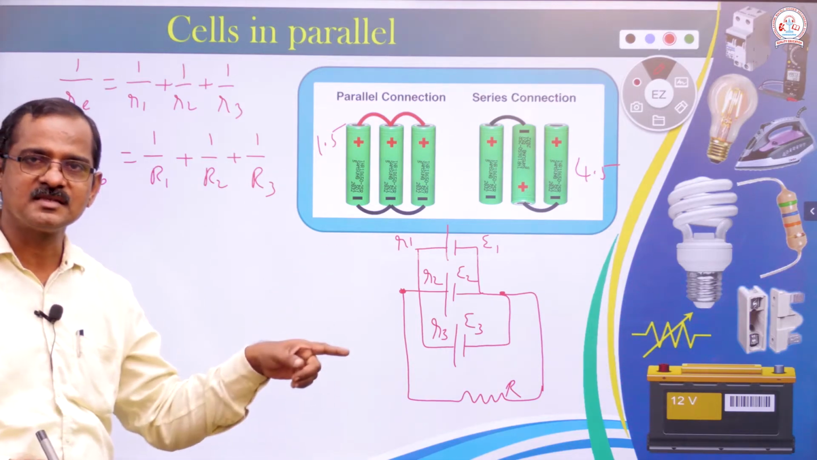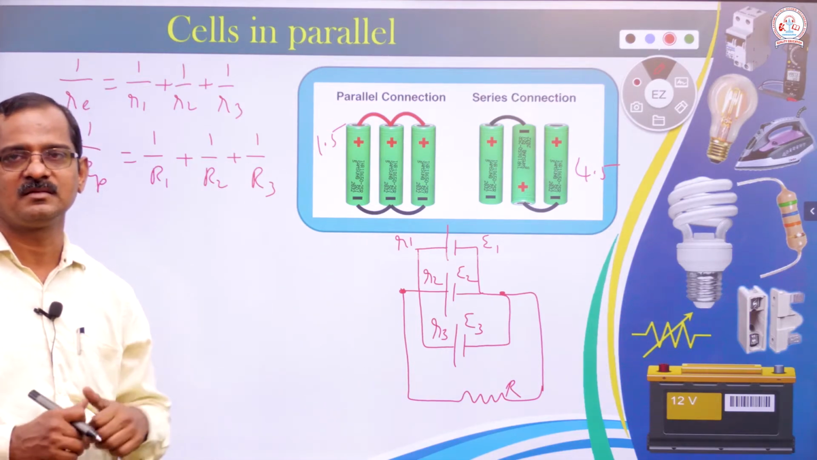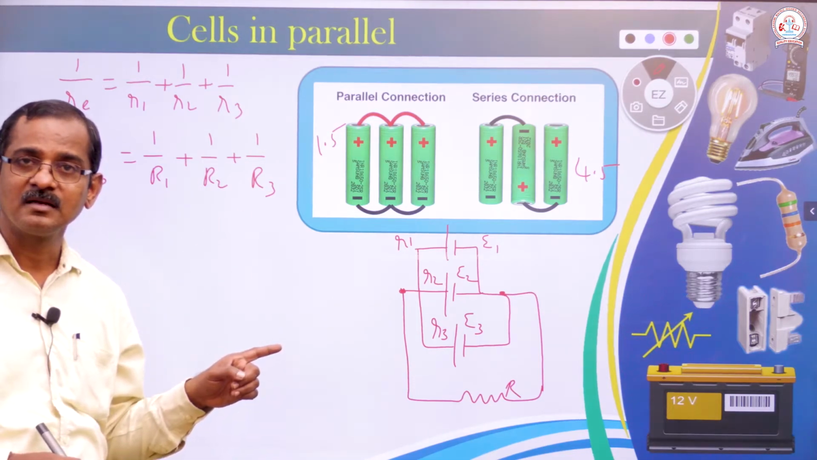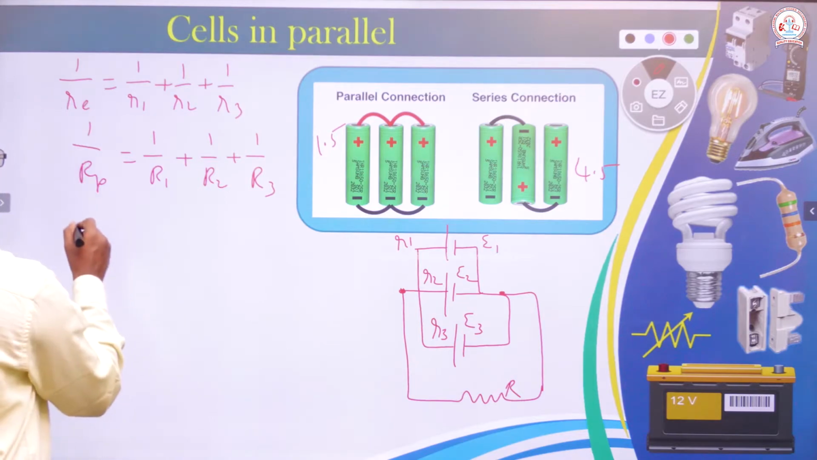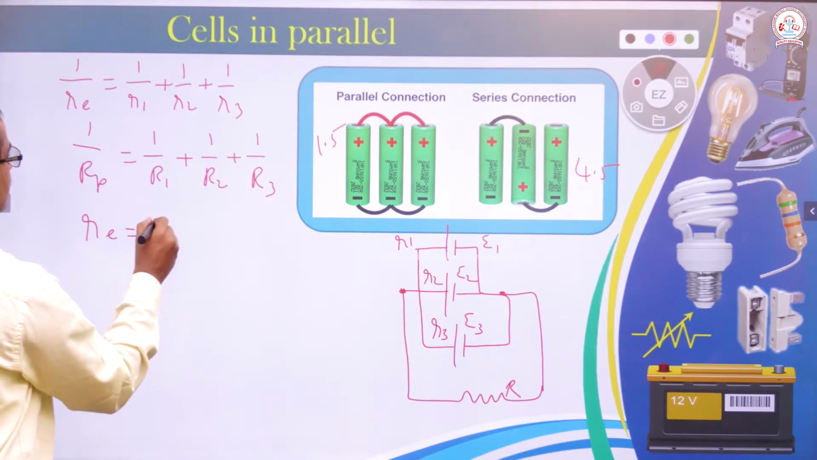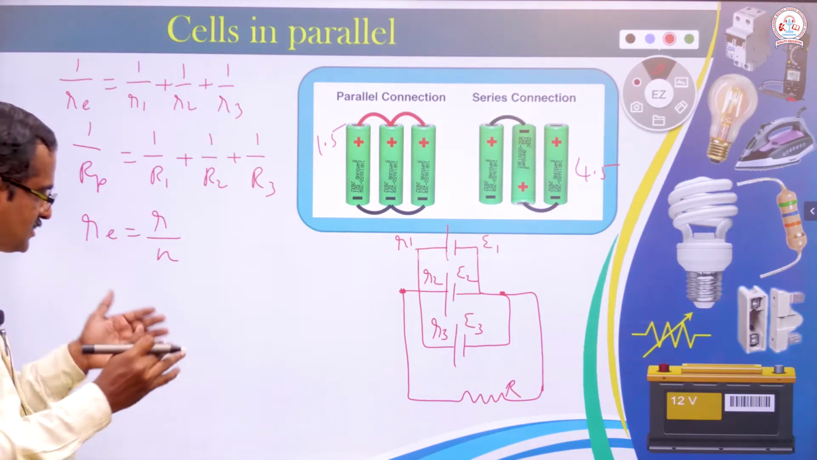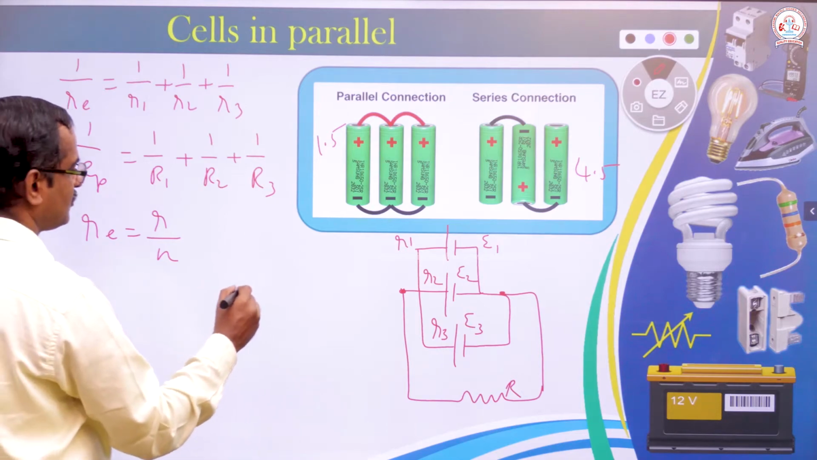If all the resistance values are equal, in case of parallel, we can write that R sub x, the effective resistance, is equal to R divided by N. Let me explain this. For example, just imagine